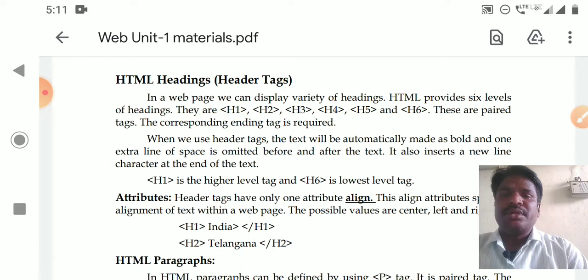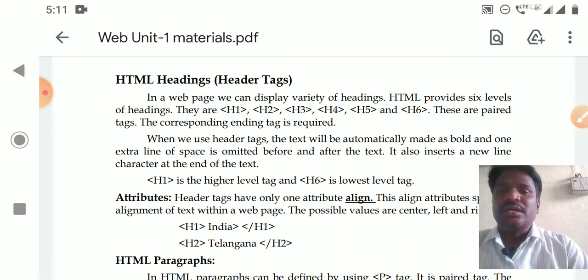How to create an HTML document? By using a text editor. Just open a text editor, say Notepad, type the program and save it with .html as the file extension. Then you have to open the web browser and enter the address of the HTML program. Then it will run the HTML program and display a web page.